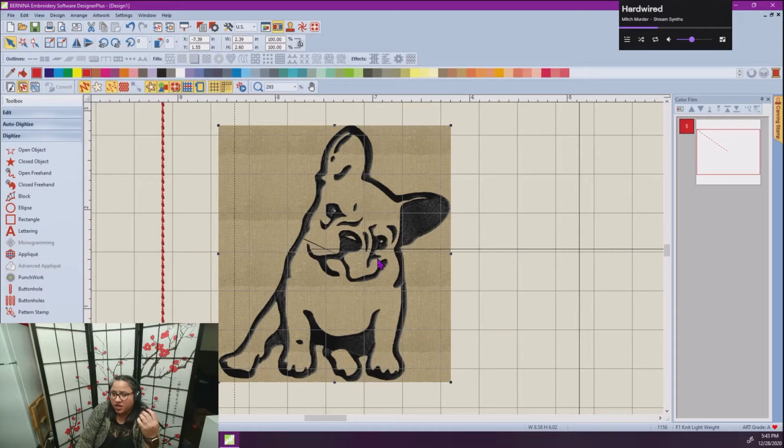So I'm thinking these thicker parts under here are going to be a fill stitch, and then maybe the eyes too, and this ear. Those I'm going to want to do first, and then the rest can be an outline on top of that. I could probably connect them with a run stitch